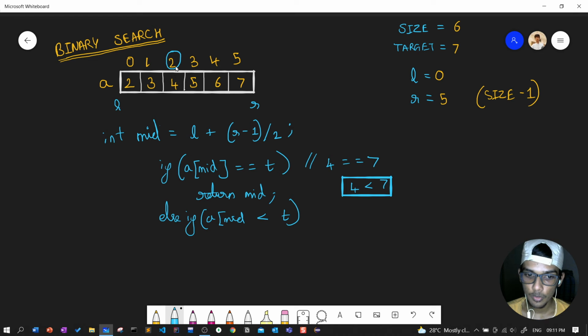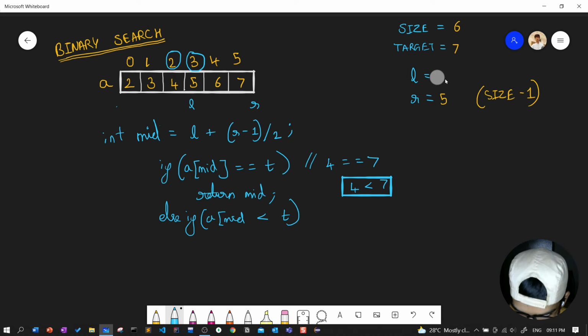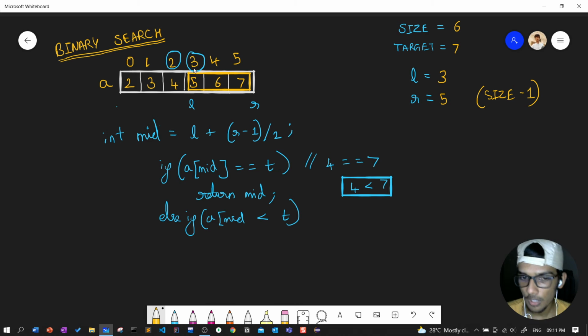So we move left to the third index, so left will now be 3. Now we know 7 lies from 3 to 5, and we focus on this. We are not changing anything in the array, we are changing the two pointers themselves and finding the element in the array.